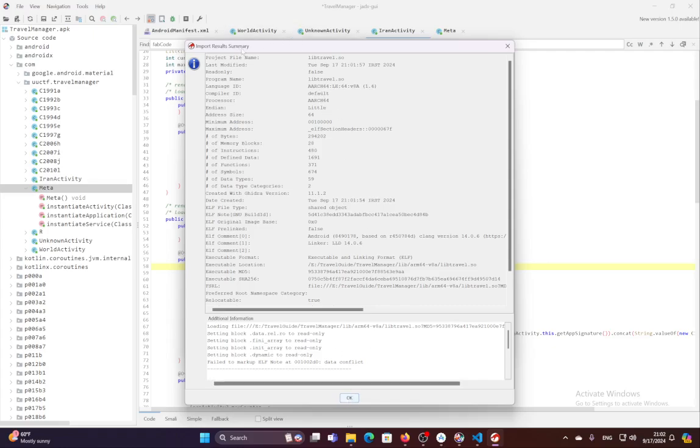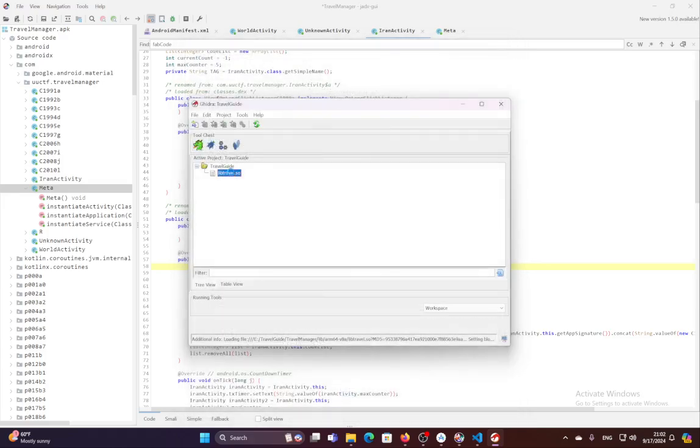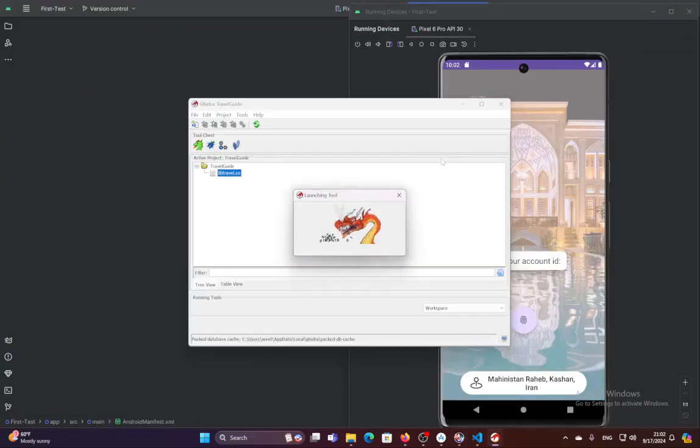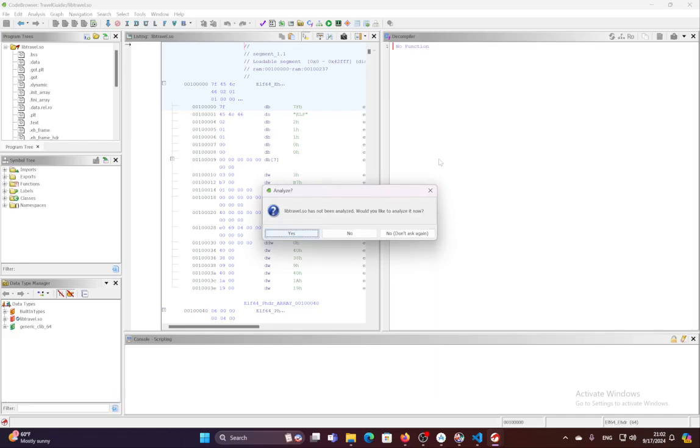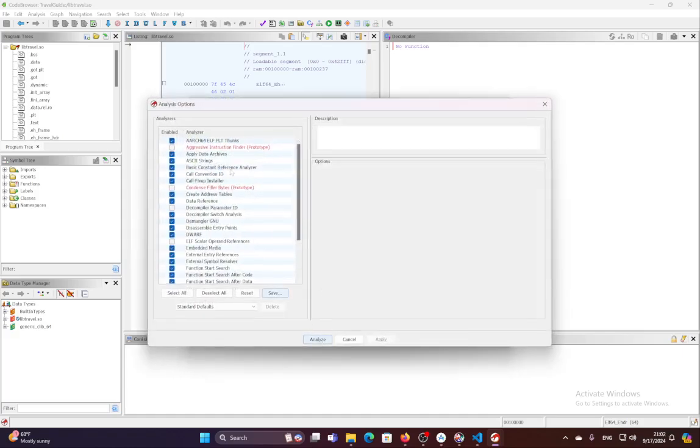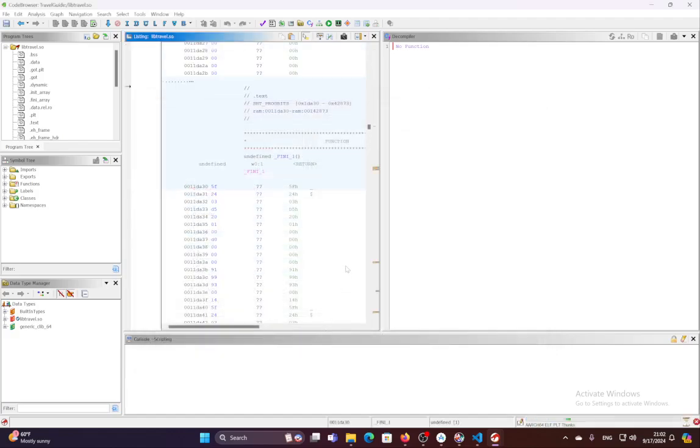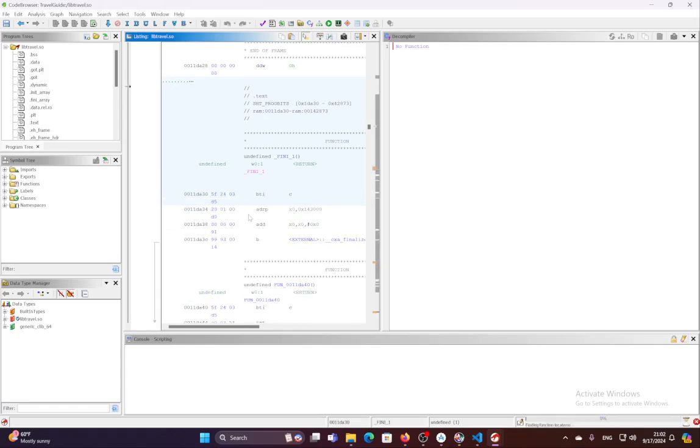Okay, it shows a summary from the SO file, doesn't matter. We click on this SO file to open it in Ghidra, basically APAC. I'm just going to minimize this APAC. Okay. And the first stage asks us, would you like to analyze it now? It's better to do it, and we will analyze the default configs. It takes less than a minute to analyze it, and in the next step we are going to find